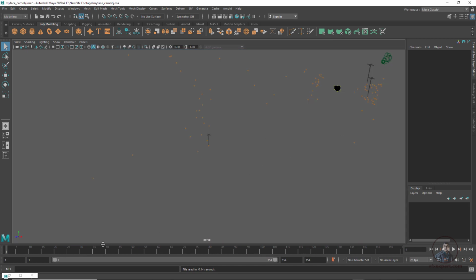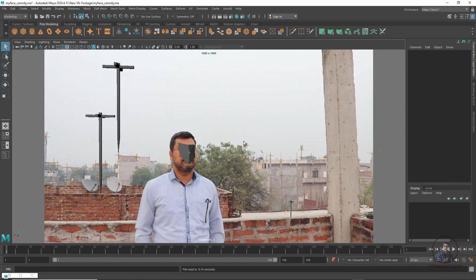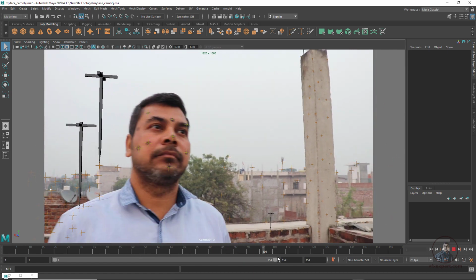So now here I have imported this one, then again click on Panels and you can come here in our camera view and just select this proxy object which we have created in PFTrack and just delete this one. So now this is looking good here.